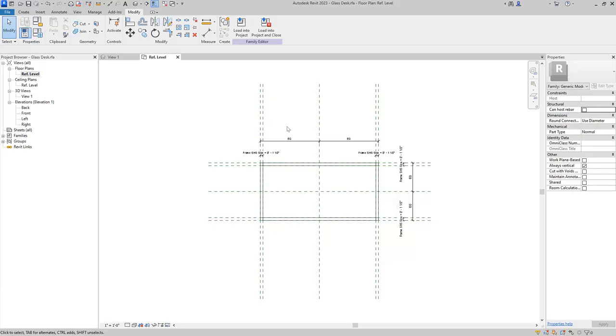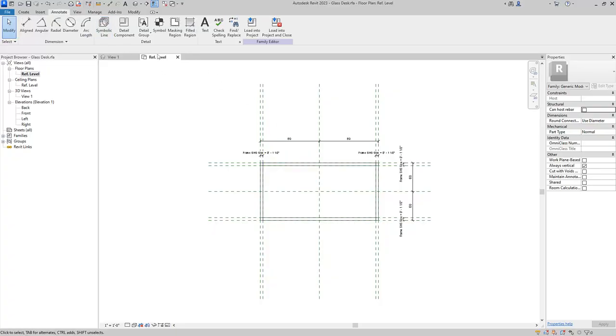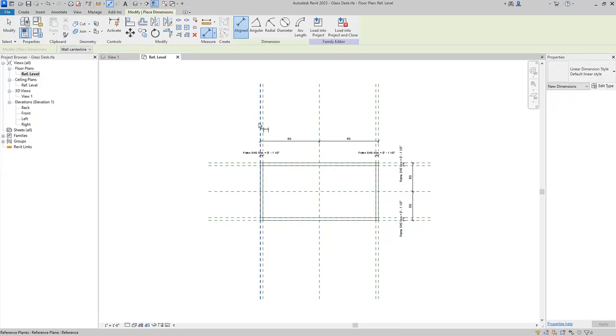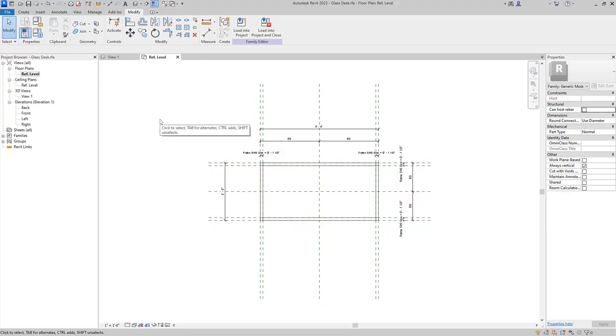Let's now create an aligned dimension to control the desk length and the desk width. To do this, we'll select the Annotate ribbon, and on the Dimension panel, we'll select Aligned Dimension. We'll then place a dimension between the two outer reference planes and place that dimension down. We'll do a very similar thing for the outside reference planes representing the width of the desk, and once again place the dimension down. We'll now release the dimension command by selecting the modifier button,